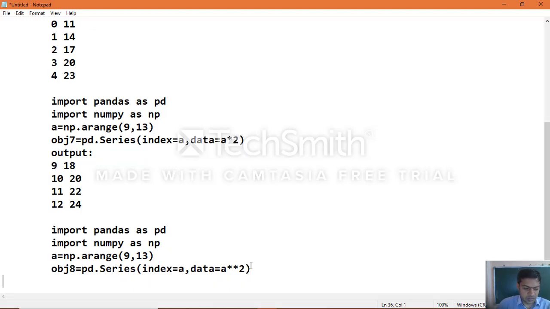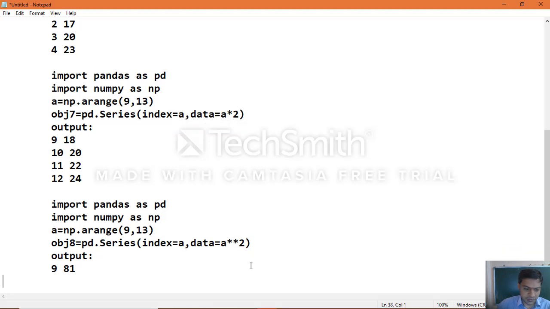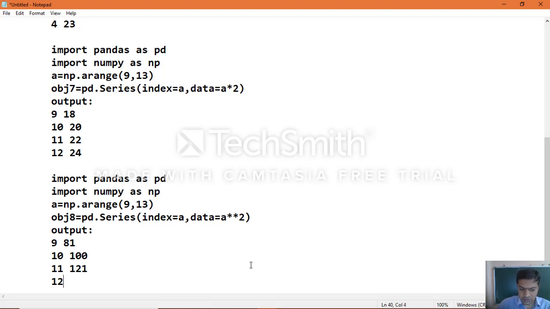Now we'll see the output. Index number 9, so 9 squared is 81, index number 10, 10 to the power of 2, which means 100. In the same way 11 squared is 121, and 12 squared gives output 144. So this is how we created multiple objects.